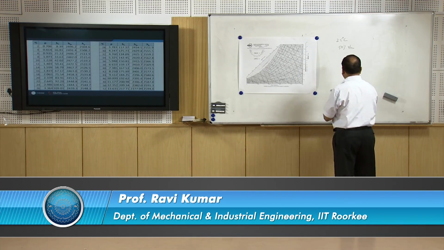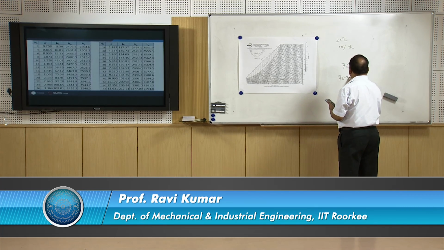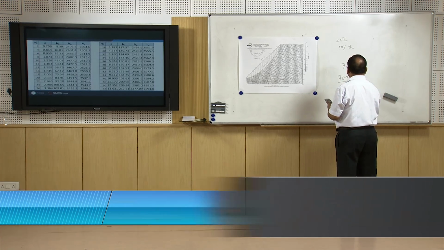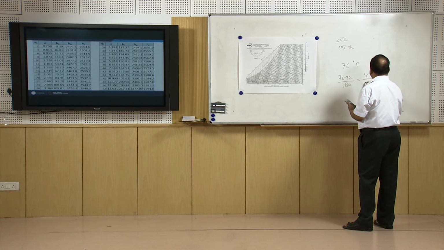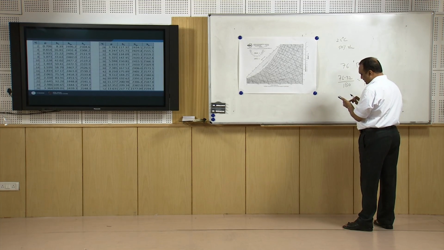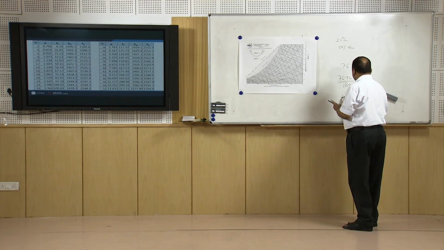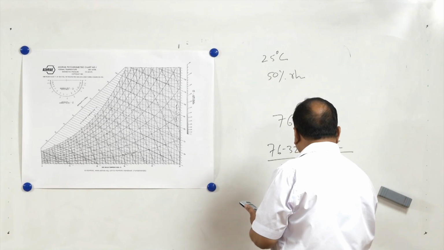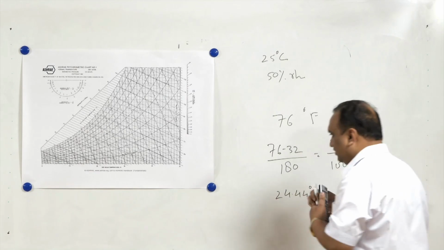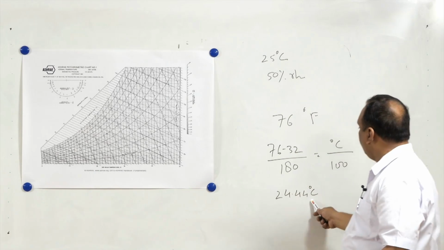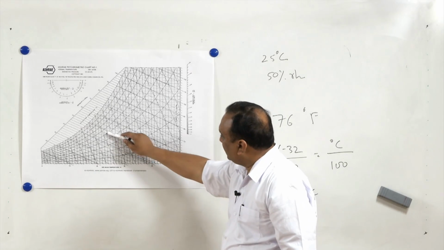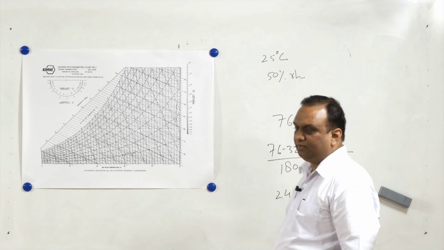76 minus 32 divided by 180 is equal to degree centigrade divided by 100. So (76 minus 32) into 5 divided by 9 will give 24.44 degrees centigrade. So it is rounded off to the nearest integer here, and it is taken as 24 degrees centigrade,